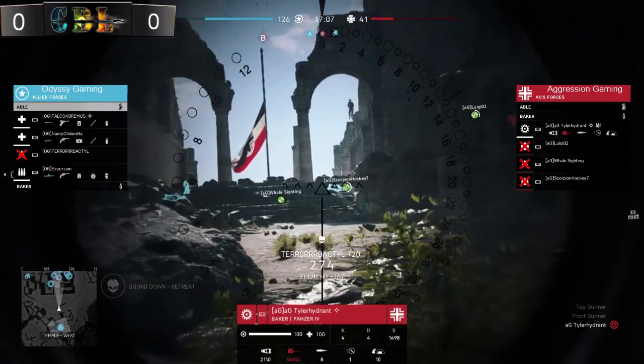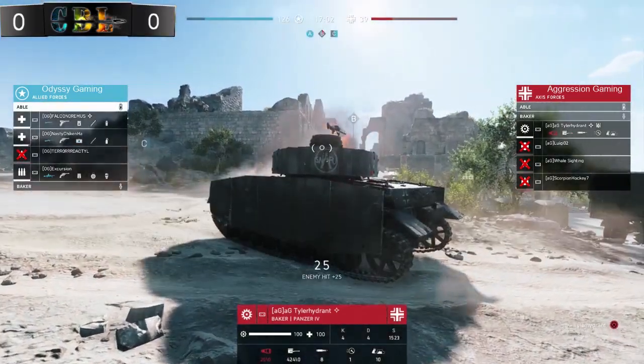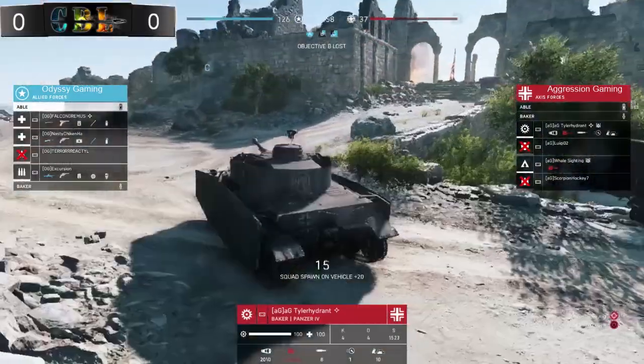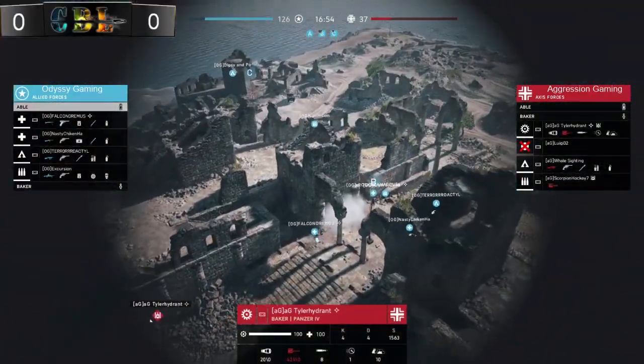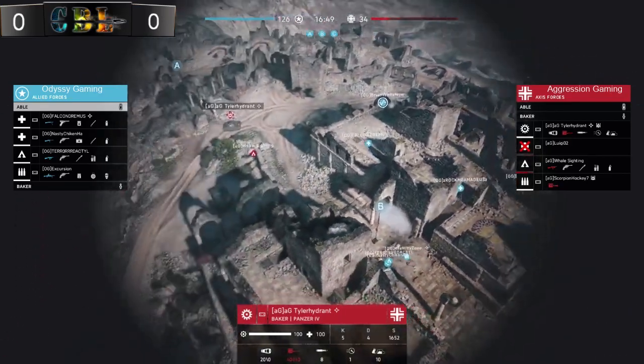Winning out on a lot of that infantry battle, but we do see the tank doing a little bit more damage. We have lost control of objective Bertha. Definitely not looking good, though, if you're an AG fan, as it's 37 to 126. We could be looking at a pretty hefty